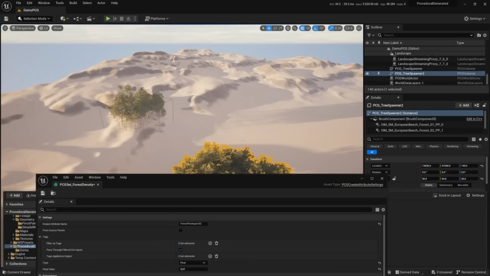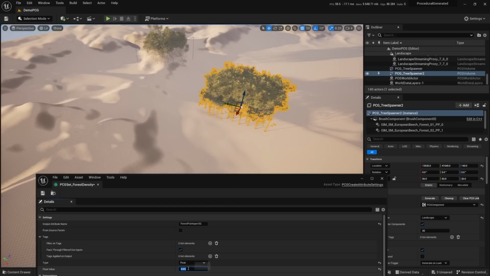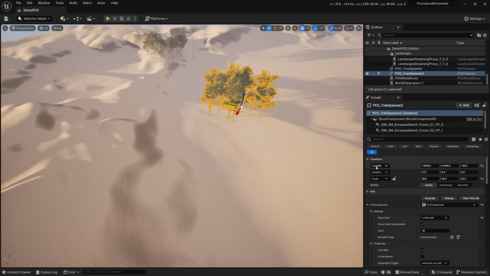But I just wanted to test if it's different. I'll divide by 2. Yeah, I guess if you duplicate them, they don't generate unless you click on generate, but if you drag and drop them from the content browser, they do. Well, who knew? Hopefully they fix that when they release the actual 5.2,